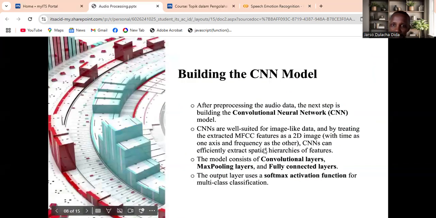Then the next step is building the CNN model. The model consists of layers like a convolutional layer. This is a one-dimensional CNN. There is convolutional layer 1, max pooling layer 1, then convolutional layer 2 like that.